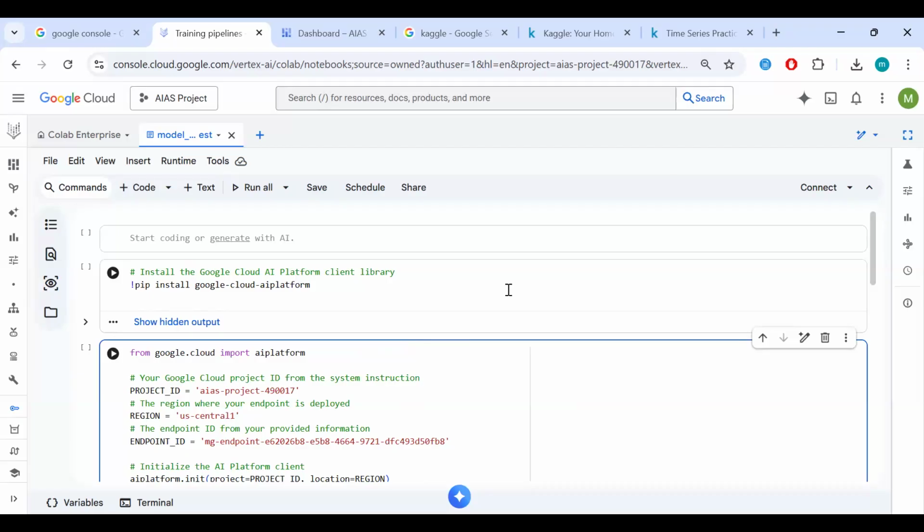For machine learning we use scikit-learn, or PyTorch for deep learning and TensorFlow, right? Most of all those frameworks are already installed in Google Colab, and that's what the Google Colab Vertex AI instance gives us. It gives us notebooks with all the frameworks that we need already installed.